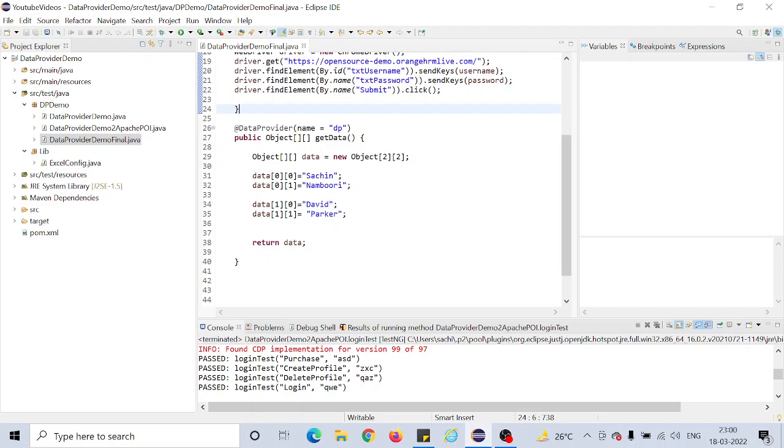For that, we have something called Apache POI, and this API will help us in reading the Excel file, writing the Excel file, and doing manipulation with Excel files. We can use Apache POI to do that. So last time we left off over here. Now my focus is that we are going to